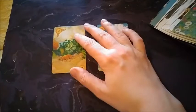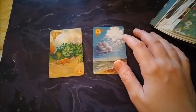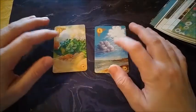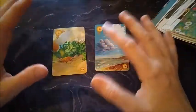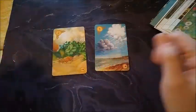So you have the clouds, the clover and the clouds. I mixed it up a bit because both begin with a C. So we have the clover and the clouds. And in this case, it means hidden luck. So you don't see it, there is nothing, maybe it's there, but you can't grasp it because of the fogginess of the clouds. But the other way around,